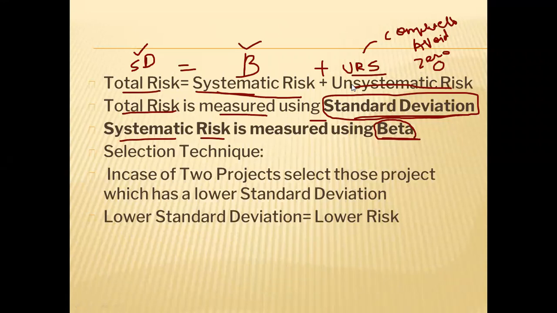Now, what is a standard deviation? We will understand in the next class. Before doing the sum on standard deviation, we will understand what a standard deviation is first. Then we will go for the illustration on standard deviation. As far as beta is concerned, it is not there in your syllabus, so we will not discuss beta at present because it is not relevant for the examination. If required, we will discuss it at a later stage. So first we will focus on the standard deviation. In the next class, we will understand the concept of standard deviation first.